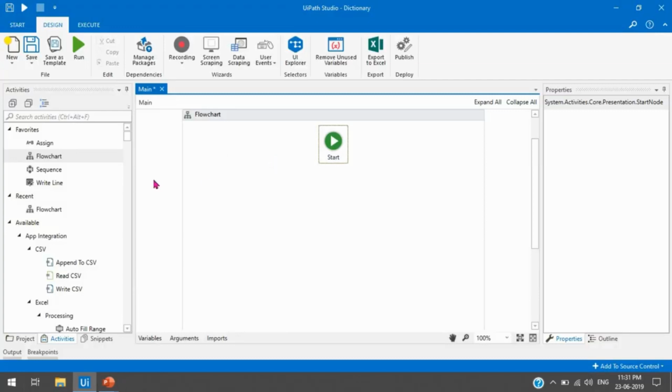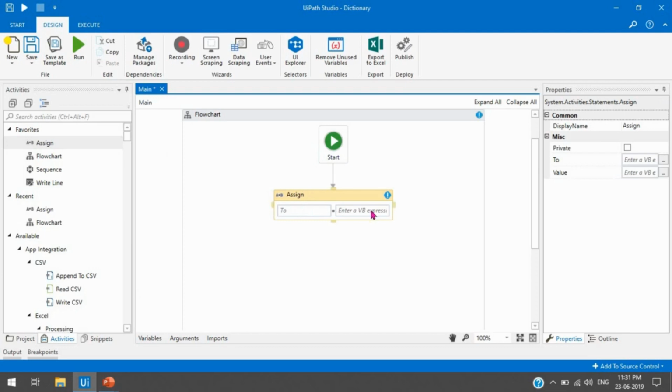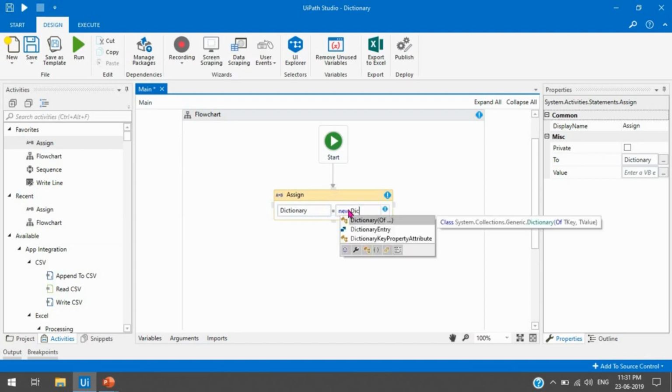Either we can take an Assign activity and create a variable and pass that expression, or first let me show you, we can press Ctrl+K and then write dictionary, or anything like myDictionary or dict. And now here we need to pass New